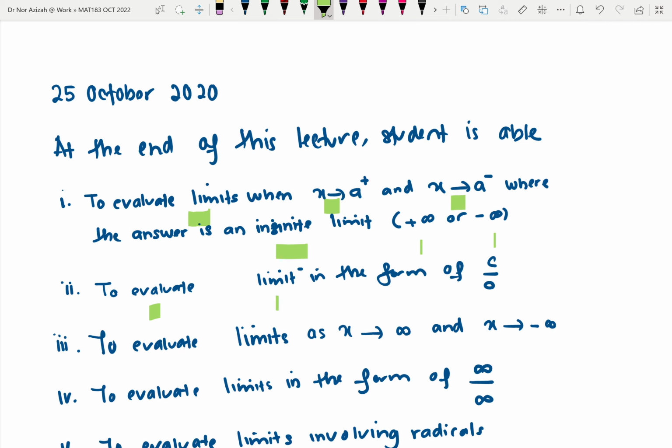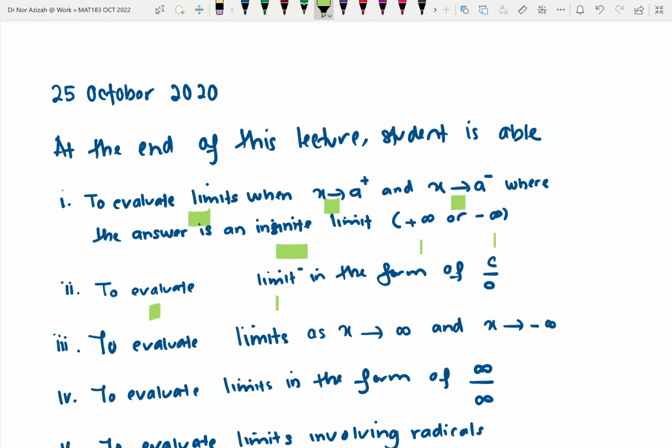That means when you substitute the x value, you get c over 0. So you should know what to do when you get c over 0, whether the answer is positive infinity or negative infinity. Okay,